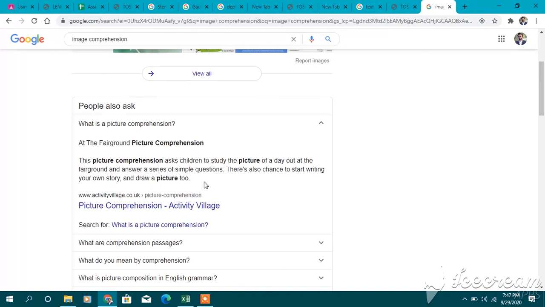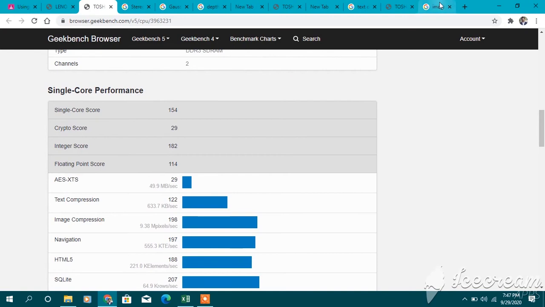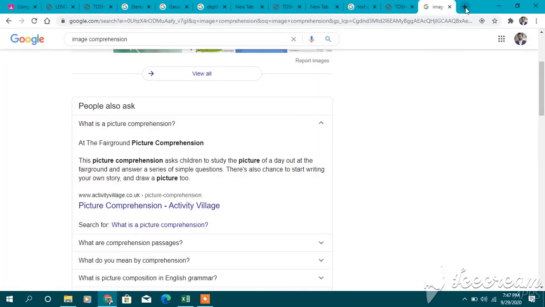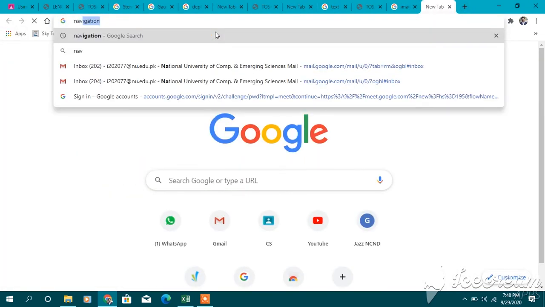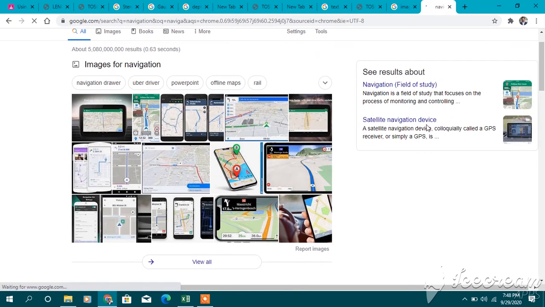There is also a chance to start your own story. As we know, navigation is used in different navigation systems, in computer systems. It means that our system can support navigation as well. Simple, everyone knows navigation.